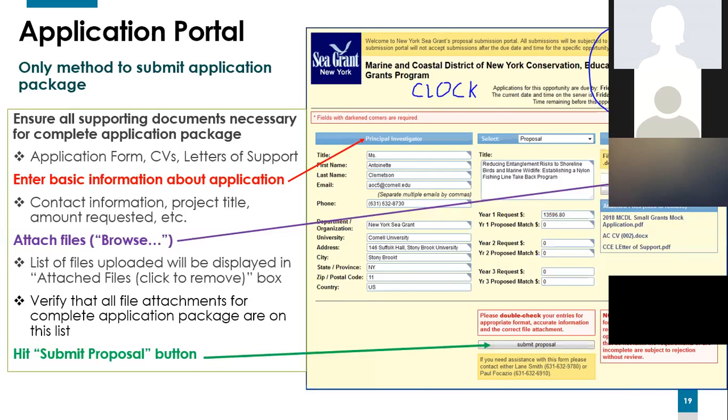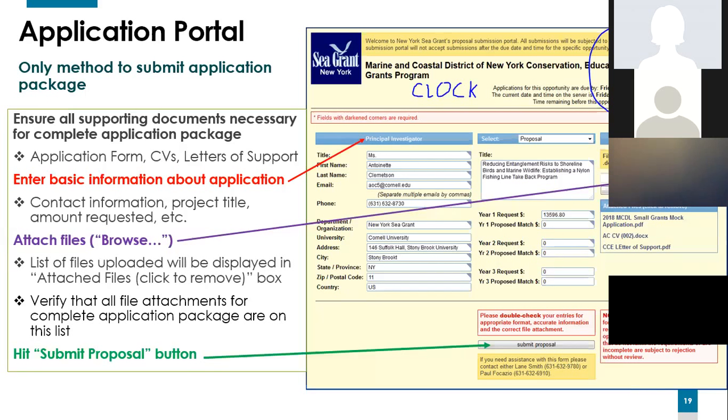Once you locate those files, you will click and they will automatically be uploaded. When you select your files and they're uploaded, you will see a list here that gives you all the files that you have uploaded from your computer.